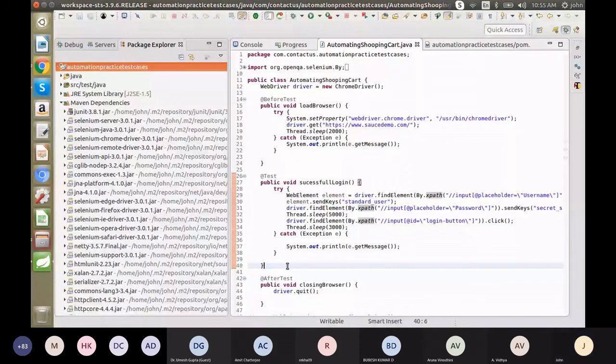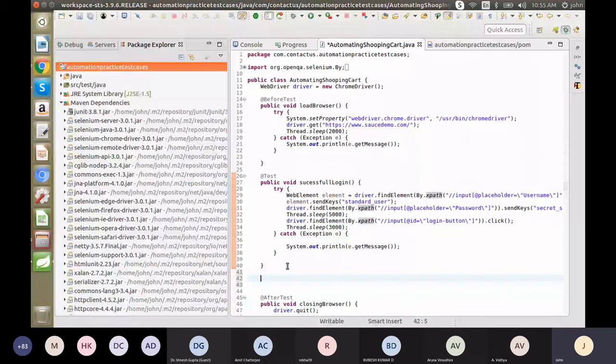So you have to mention the @Test because this is a separate test. Okay, so then we have to create one method, public void, then you can mention addToCart. Okay, add to cart functionality.